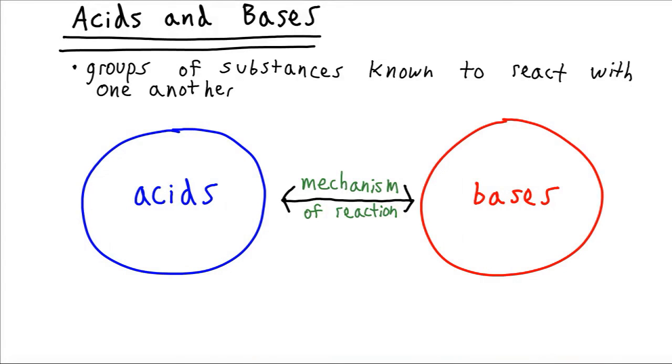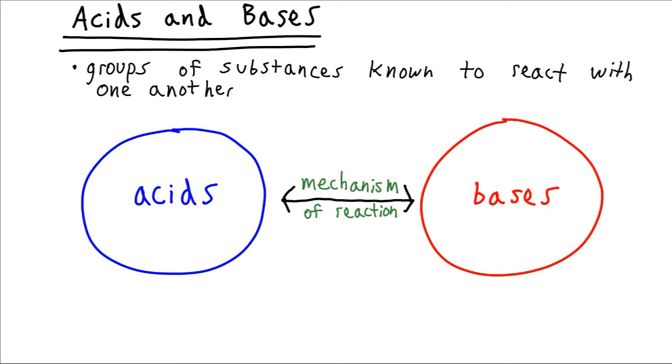As you might imagine, in chemistry, we really want to be able to predict what's going to happen when we mix substances together. If we are going to get a reaction, and if so, what products are going to be yielded from that reaction. Now, a very handy tool to make these kinds of predictions is the concept of acids